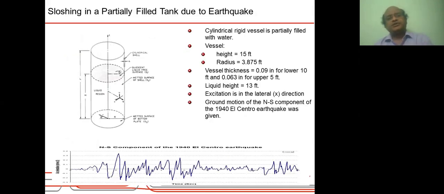So there are other problems involving fluid structure interactions. One of them is sloshing. We have briefly mentioned sloshing in the previous session with respect to two-phase flow, the volume of fluid methods or free surface flows. So here you see a cylindrical tank which contains a fluid, a partially filled tank, and it is subjected to an earthquake,